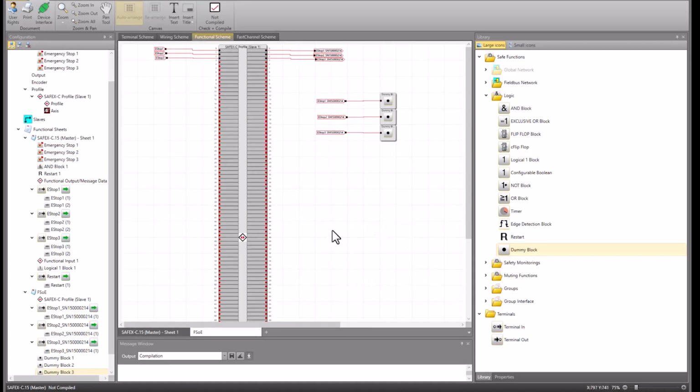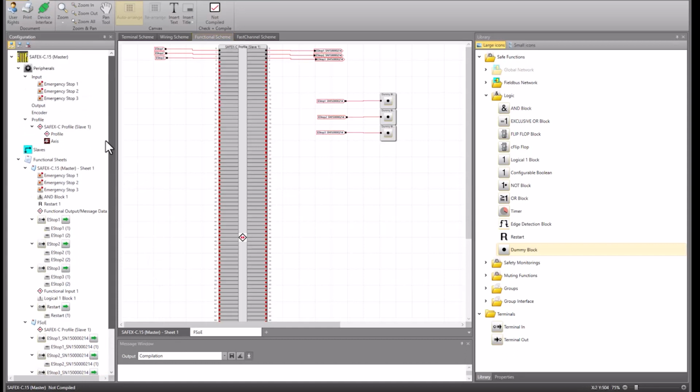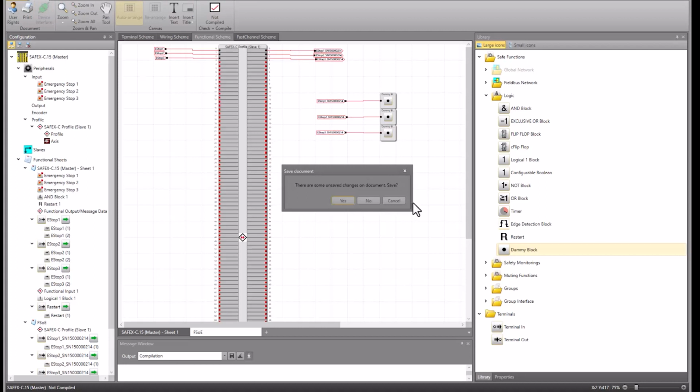So, that would be now already the FSOE master program. For a simple representation of how the whole thing works, such a program is already sufficient, so I load the program now into the control.